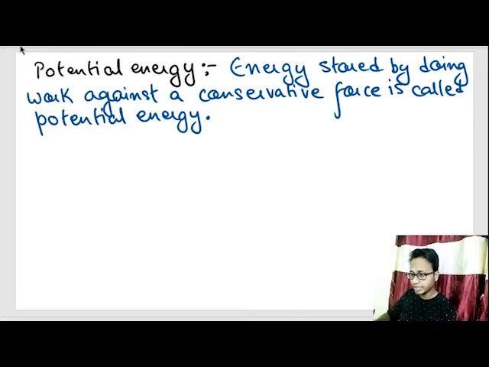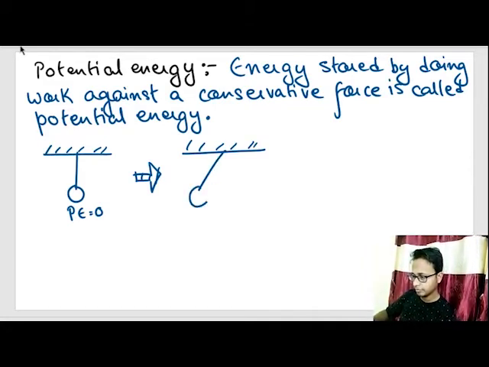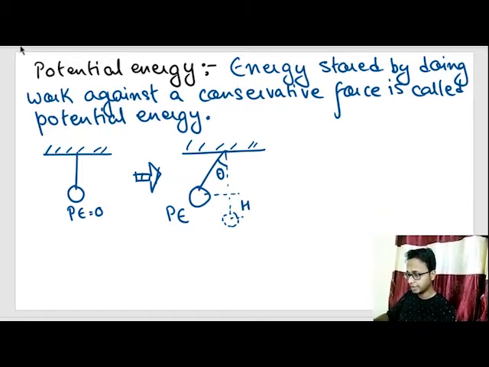So in our pendulum example, our pendulum was like this, unbothered. So potential energy was 0. It was simply lying around. Then somebody came and pushed the pendulum, and lifted it by theta. Okay. So this was our theta. So he stored some potential energy by lifting it. The potential energy stored by a pendulum is given by mgh, where h is the height. Okay, this is the length of the string.